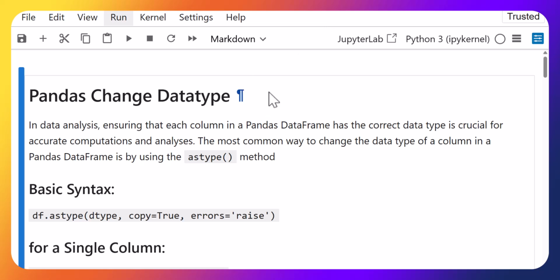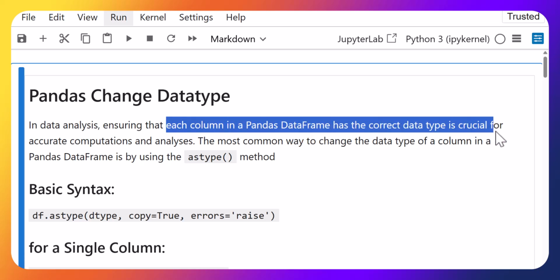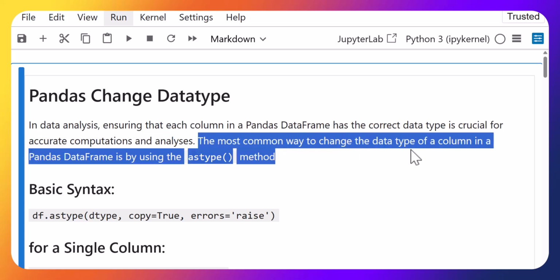Okay, so in this particular lecture, we will be discussing how to change Pandas data type. In data analysis, ensuring each column in a Pandas data frame has the correct data type is crucial for accurate computations and analysis. So the most common way to change the data type of a column in a Pandas data frame is by using